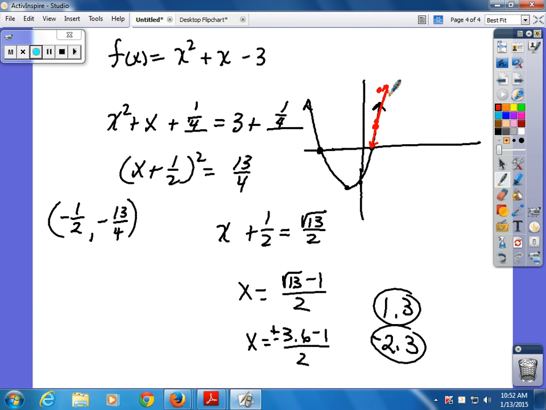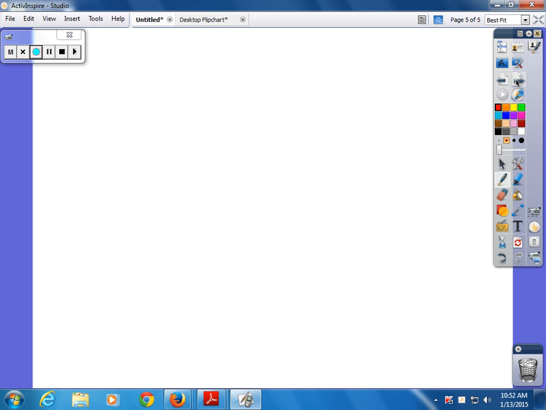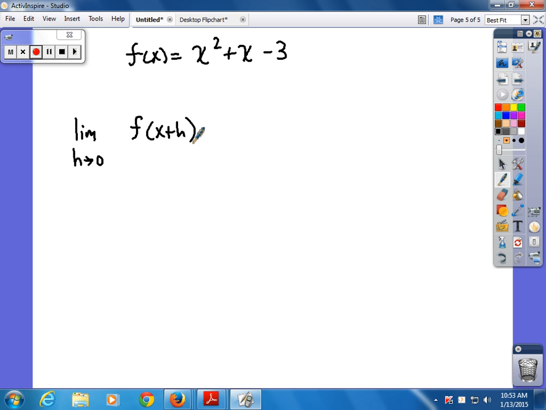So, how do you find the equation for that line? Because that's what you want. You want the equation for the slope of the line. So what do we do? Well, we use our handy-dandy difference quotient. f of x is equal to x squared plus x minus 3. And we're going to do a limit as h approaches 0 of f of x plus h minus f